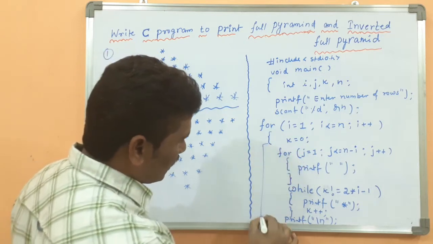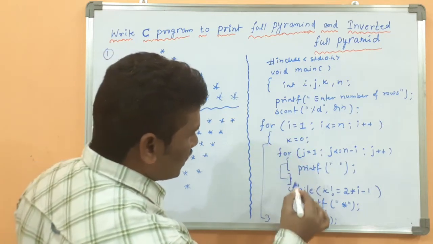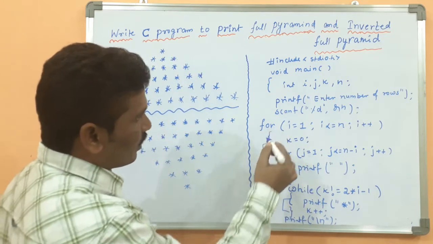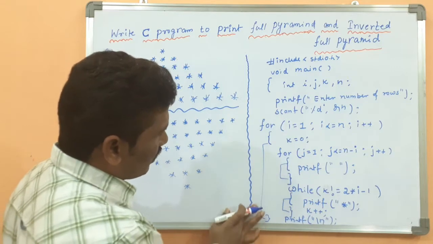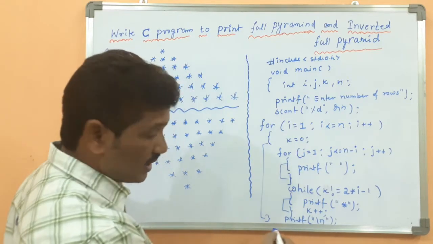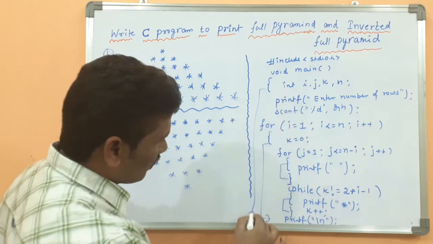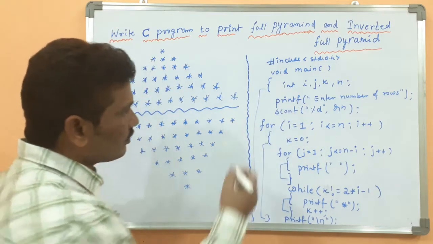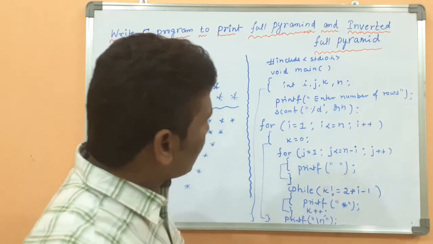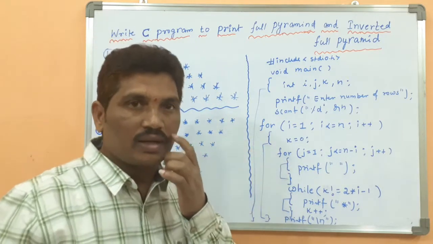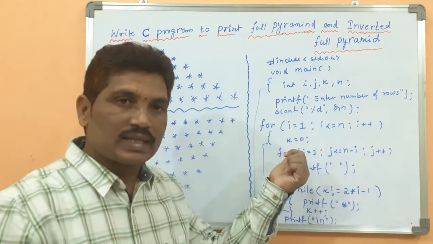Then after that the for loop will be closed here. Yeah, this will be closed here. This will be closed here. Yeah, this is the for loop. Then the main function should be closed here. There is no space here, so I am writing here. The main function should be closed. Isn't it? Then after writing this program, we will take one example.